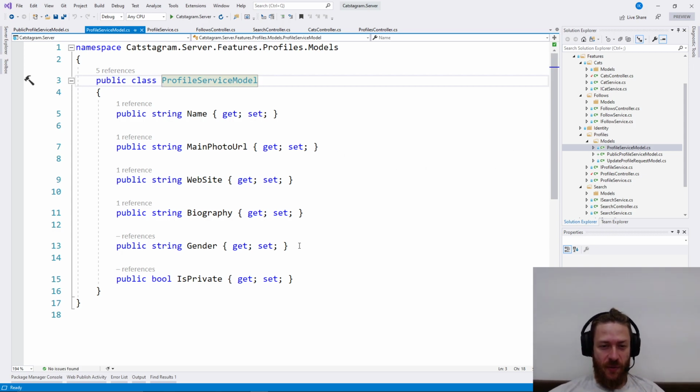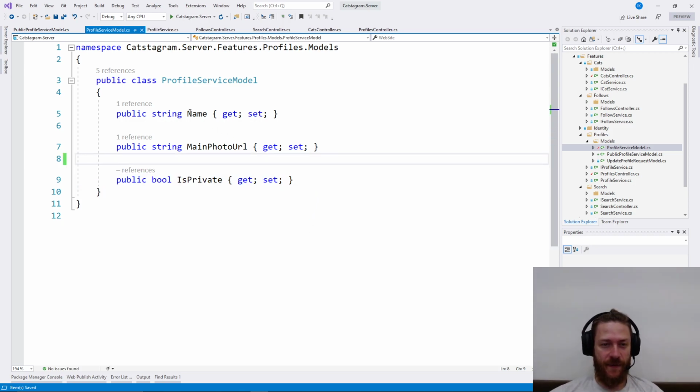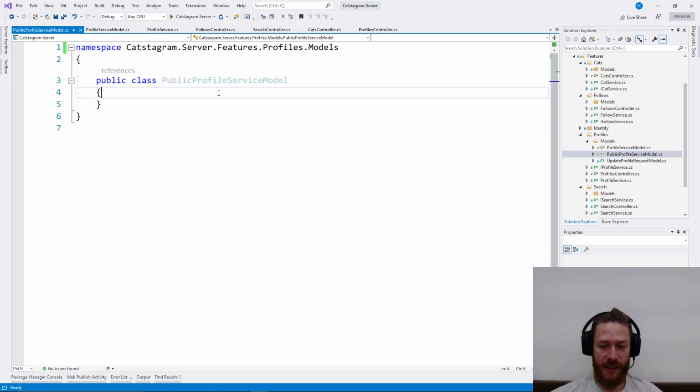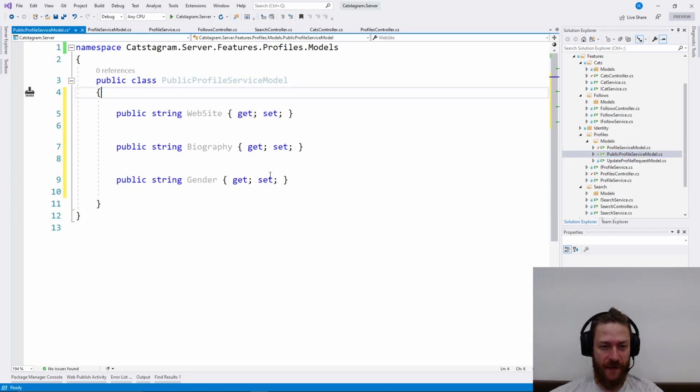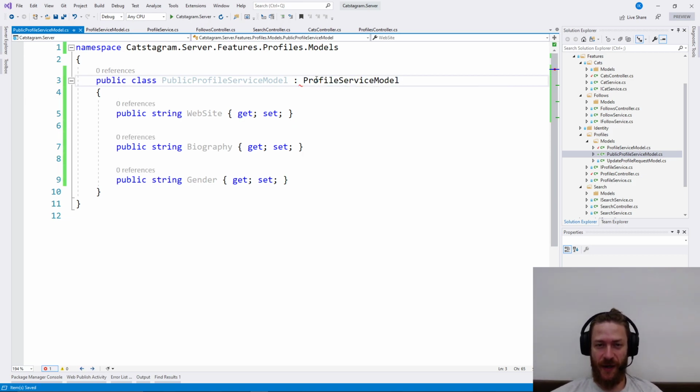So in the normal profile service model, we're going to leave name, main photo URL and is private, and in the public we're going to have all data available. I'm going to say that this is profile service model,